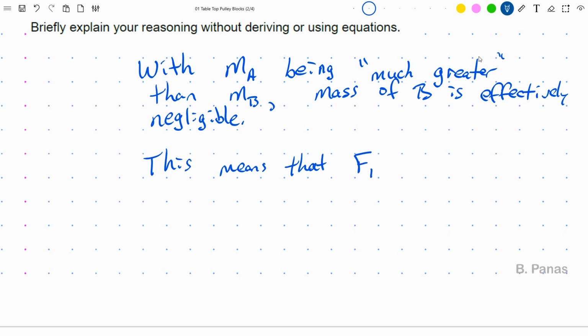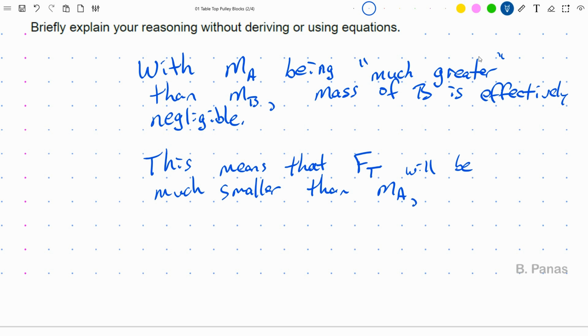the force of tension, and you can use symbols in your explanations. I'm not using equations or deriving anything here, but feel free to put things symbolically, especially measurable or quantifiable things like the mass of A or the tension force. This means that the tension force will be much smaller than the weight of A,